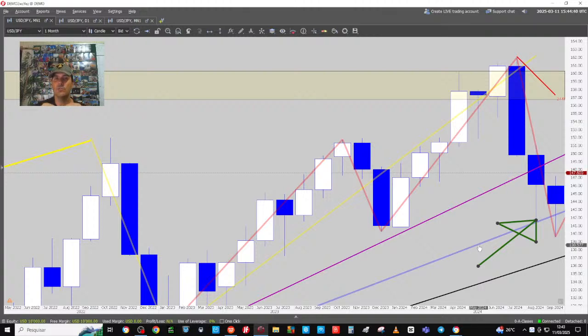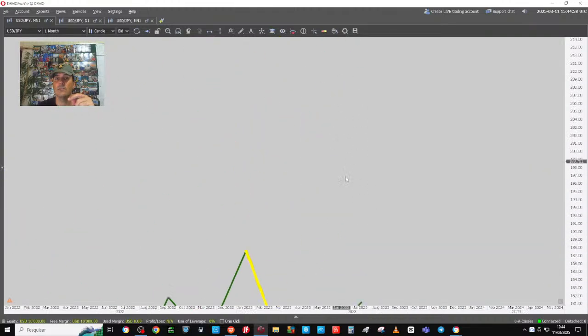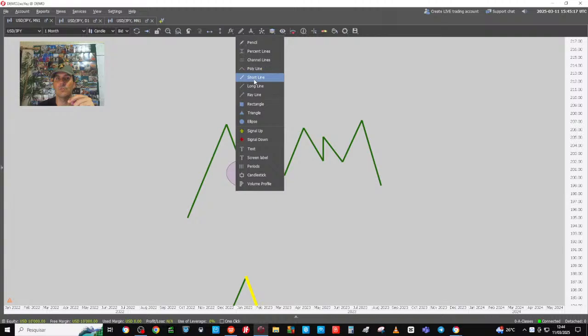99% of retail, it's not your fault, everybody, don't judge yourself. 99% of retail, well, not 99, alright, 90% of retail traders learn how to trade the Forex market in the wrong way, because teachers are teaching you that when the market goes like this, just an example, and when the market breaks the low, that this is a breakout entry.